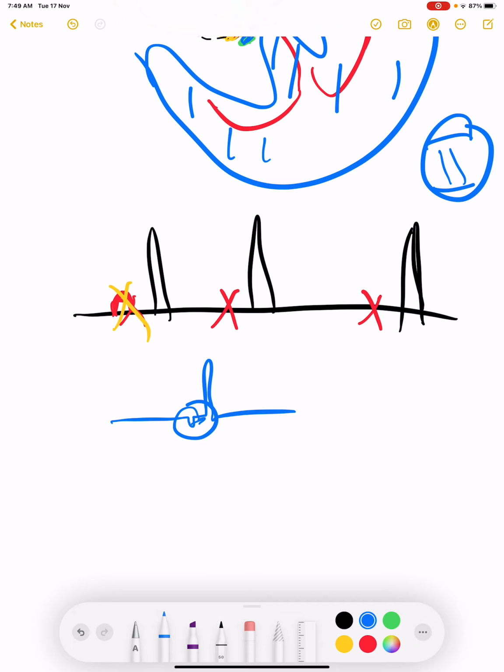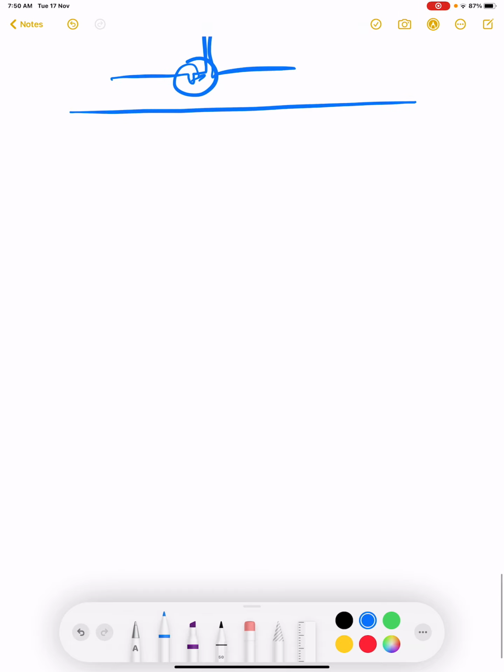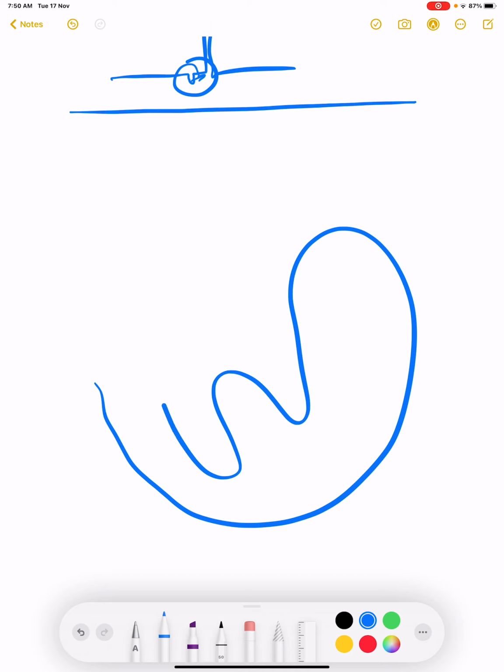But just for the sake of convenience, keep it in mind: in junctional rhythm we will not be seeing any P wave, and if we see any P wave it will be very close to the QRS complex and very tiny, or it might be an inverted P wave. Okay, so this was the third abnormality of P wave. Second, as I told you, it depends upon its point of origin, and now we will discuss the pathway. So how a different pathway changes the shape of P wave.